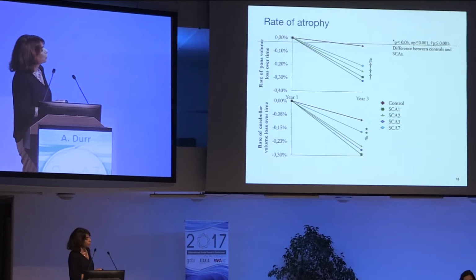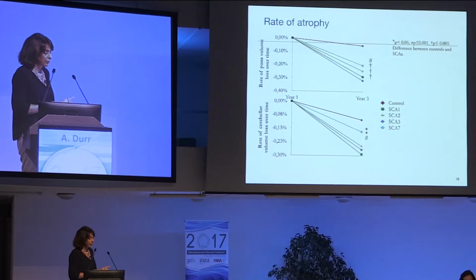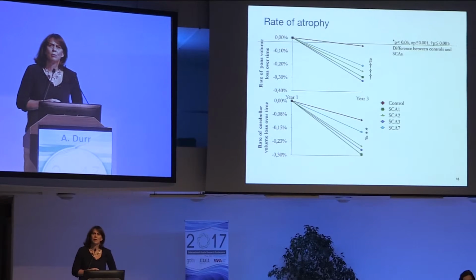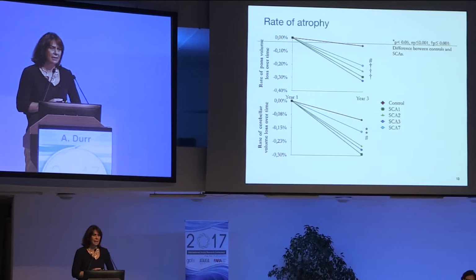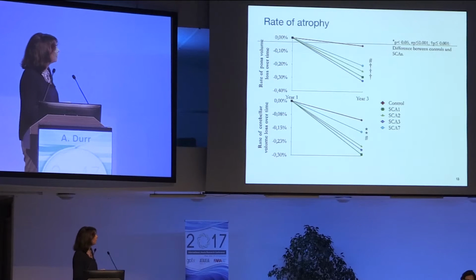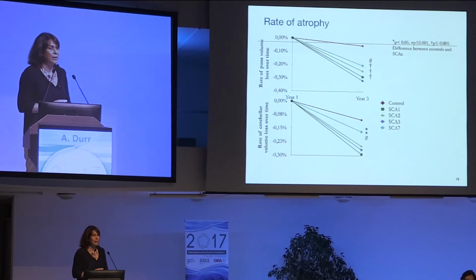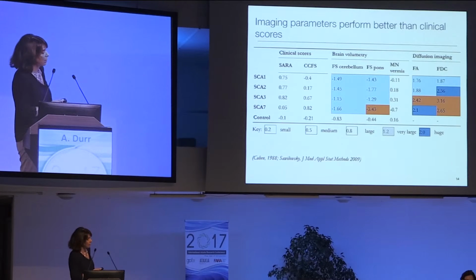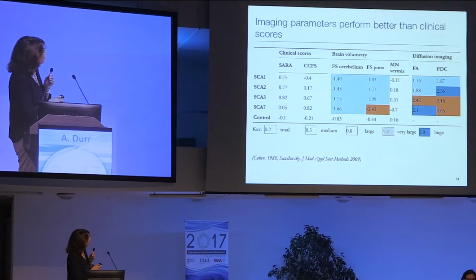So just to show you the rate of atrophy of the pons volume, for example here in SCARS, not in Friedreich's ataxia, it is very clearly different from the controls, and we will be able to use this in trials. And yesterday we heard from Thomas that it's more difficult to put people in the scanner for volume. It's not 1 hour, you can do it very fast, and the reproducibility from one scanner to the other is quite good. So if you look at other parameters, I won't give you all the details, but if you just look at the